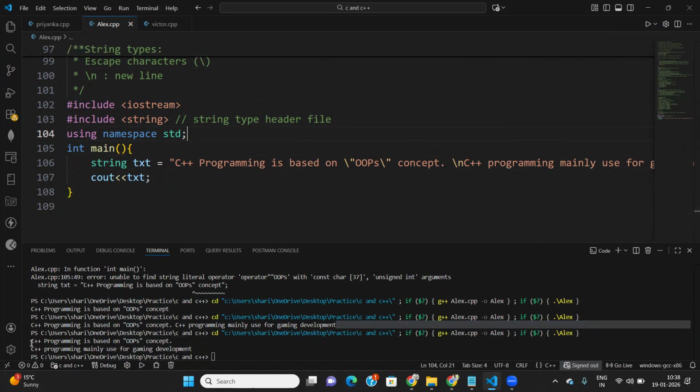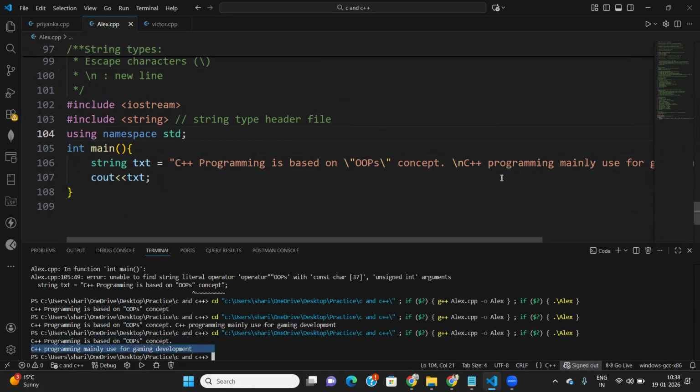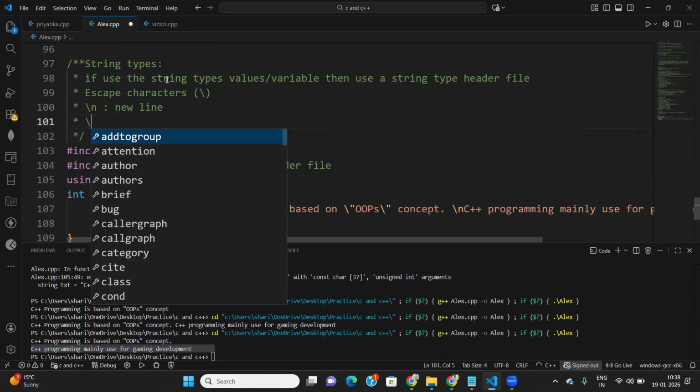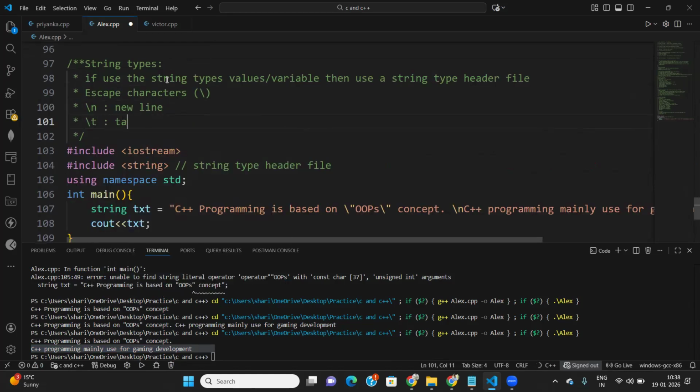And then here we got this. This sentence will become the first line and this sentence will become the second line. If you write the same line, this will become the second line. By using this, slash n is for the new line. Also, in this case, we have a slash t for the tab space,